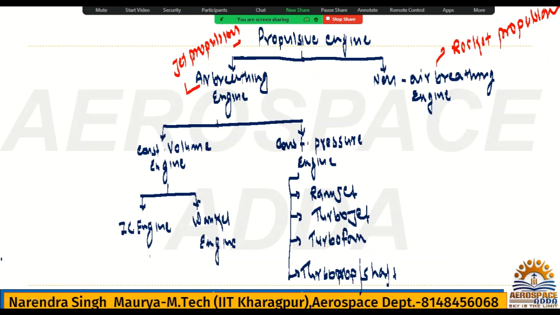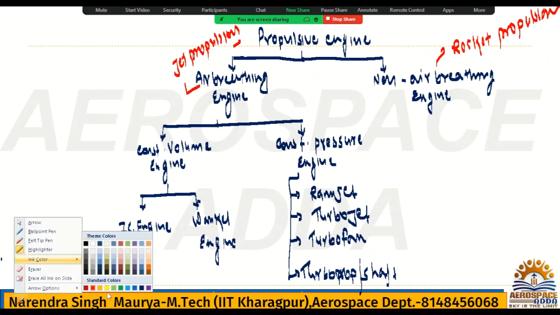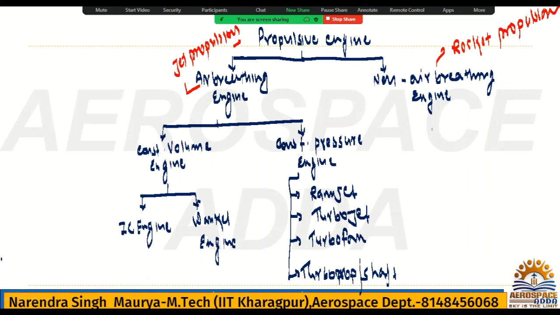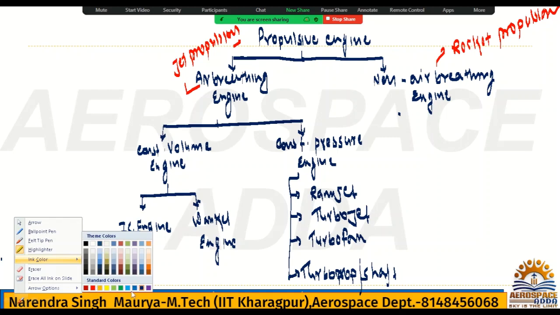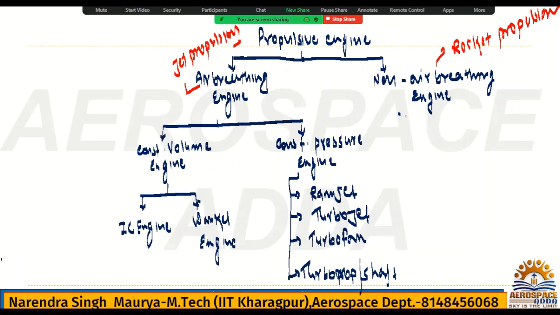Here also we have three types of non-air breathing. That background you should know. Without knowing anything, if you go, then it is not fine actually. The basic thing you should know. So in this non-air breathing, we have a photons engine, you might have heard of it or submitted it in your mini project,